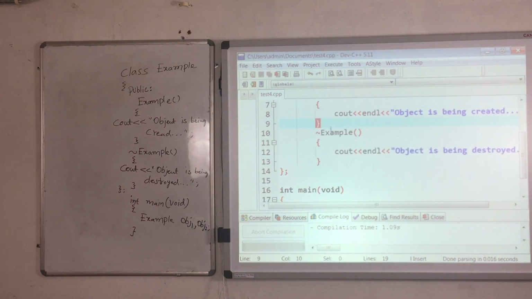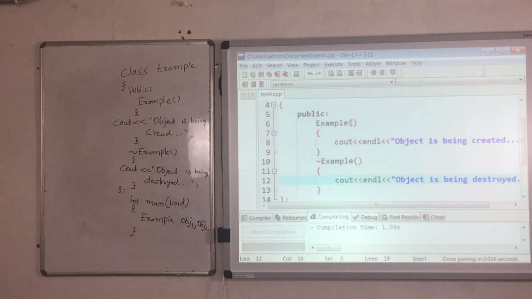One more important point you have to remember when we are talking about destructors: like constructors, a destructor does not have any parameters. So you cannot have multiple definitions for your destructors, as they are not going to have any parameters. But for constructors, we can have parameters, so we can have multiple definitions for constructors. Clear? Yeah, this is the explanation on destructors.